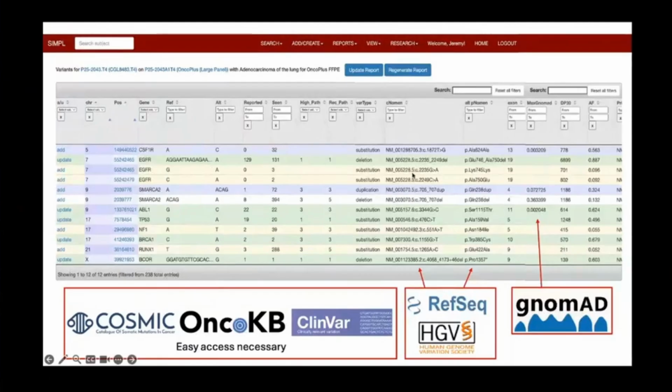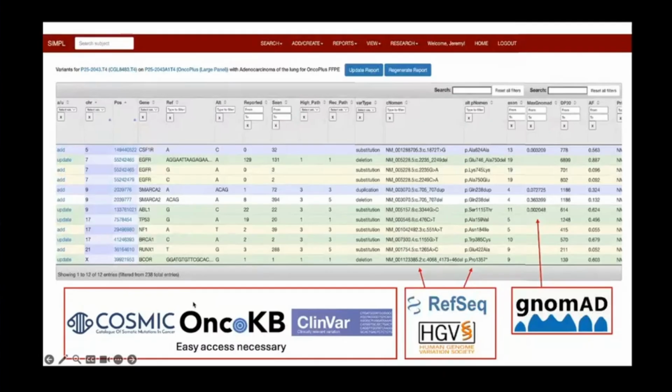Gene and transcript information are needed to assign genes and exons and coding changes to mutations. And you need to follow the published rules of the Human Genome Variation Society in order to have your annotations in the correct understandable format. You need databases of inherited variants like gnomAD in order to be able to flag variants as common inherited polymorphisms. And lastly, we should either be able to bring in or have easy link outs to resources like COSMIC